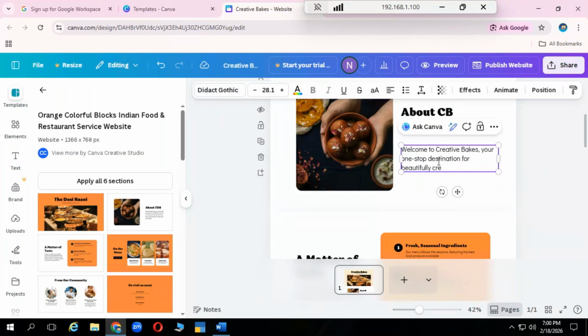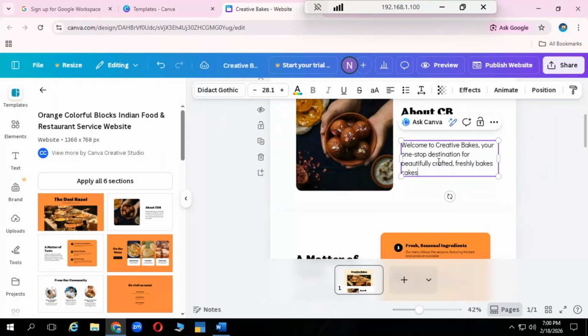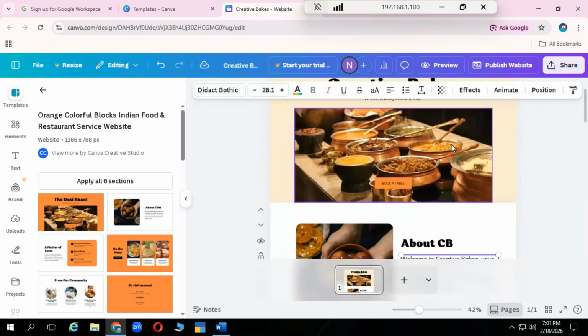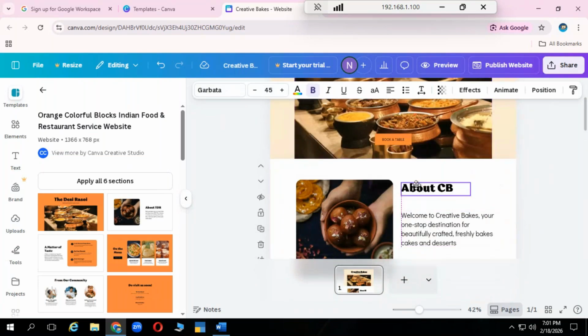So whatever you want, you just give the information as per whatever you're going to start your website. You can give more information. Now if I just put it up, you can see I have a layout where I can bring it